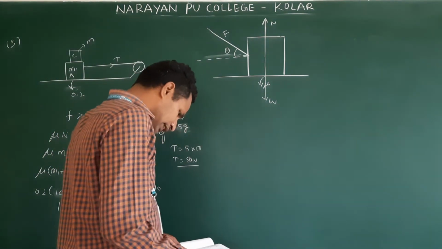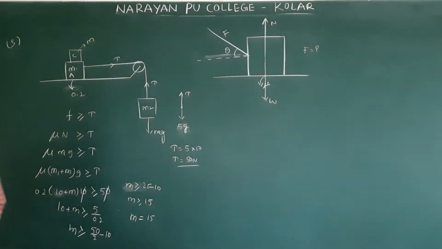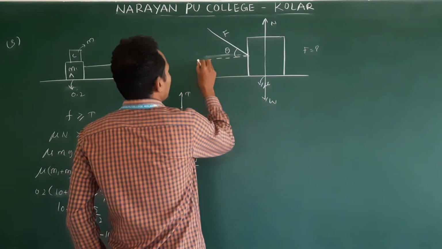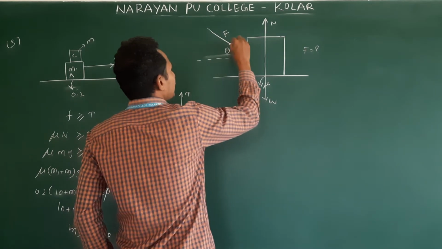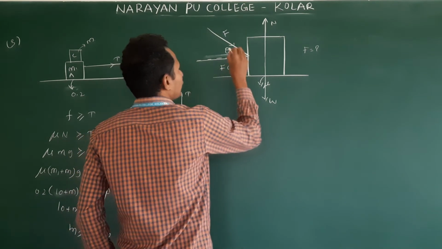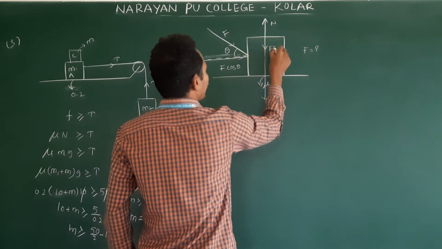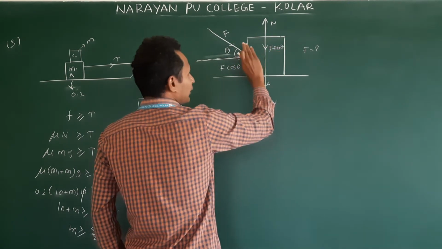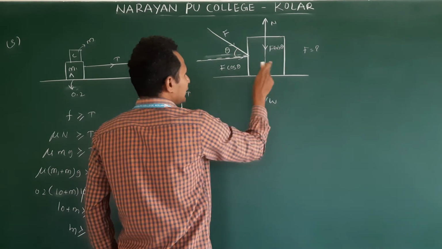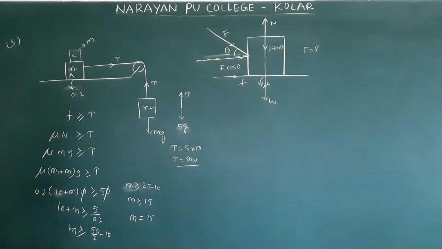Then what are they asking? What is the force F they are asking. Okay. Now resolve this force. See, this is the applied force. If you resolve, one force acts in this direction, that is F cos theta. Another force acts, that is the vertical component F sin theta, acting downward. So when F cos theta is acting horizontally, the tendency is in this direction, and friction will act in this direction. Am I correct or not? Okay.